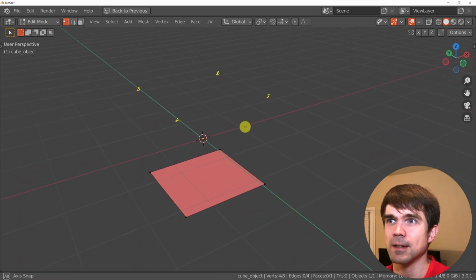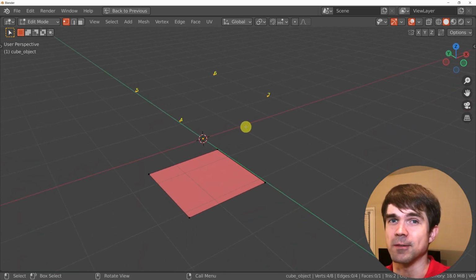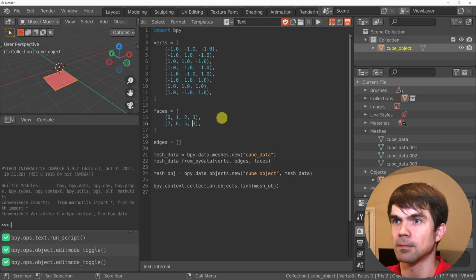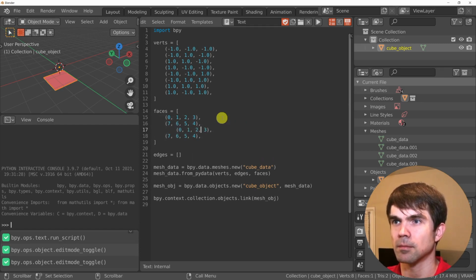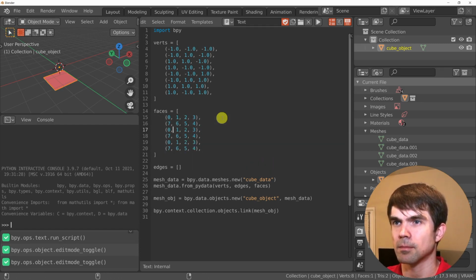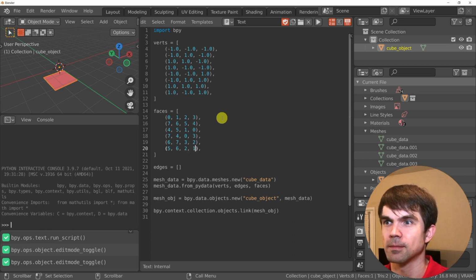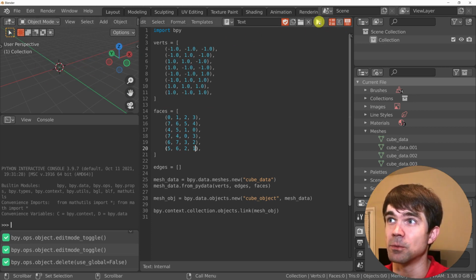And let's create the rest of the faces of this cube. All right, let's remove everything from the scene by hitting A, X, and delete, and then run the script again.